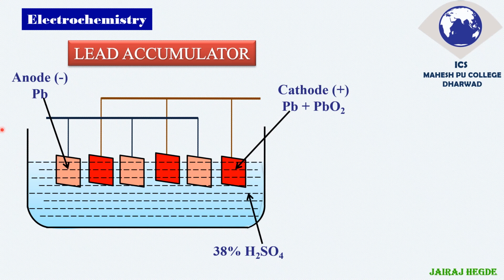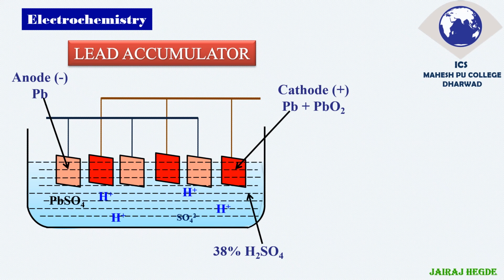In the anodic reaction the typical material is lead. In the cathodic reaction lead oxide is the typical reactant, where the sulfuric acid acts as an electrolyte. The entire solution contains H plus and SO4 2 minus. They are responsible for the conduction of electricity. Exactly what happens? The anode Pb undergoes oxidation to form Pb2 plus by leaving 2 electrons. So that's why these plates are electron rich.